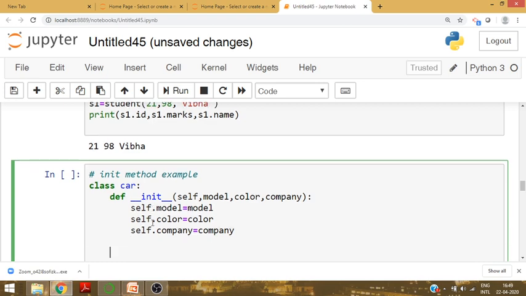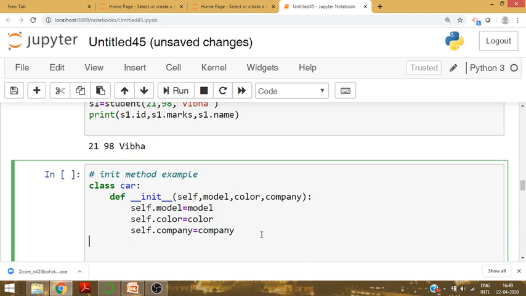Okay, after writing the class, class Car, we used here the init method. How to write a method? By using the def keyword, __init__, first compulsory parameter is self. Then we have considered here 3 more parameters as model, color and company. Self.model = model, self.color = color, self.company = company.